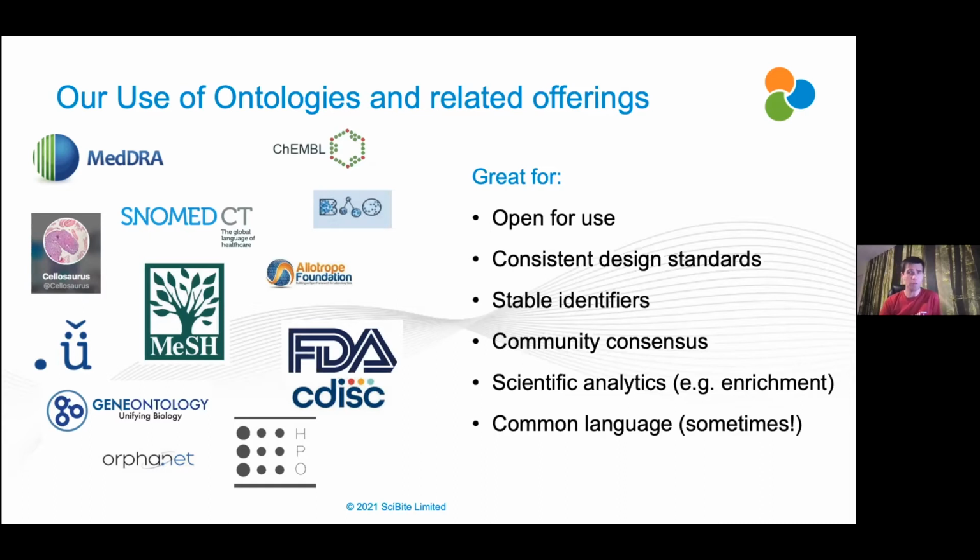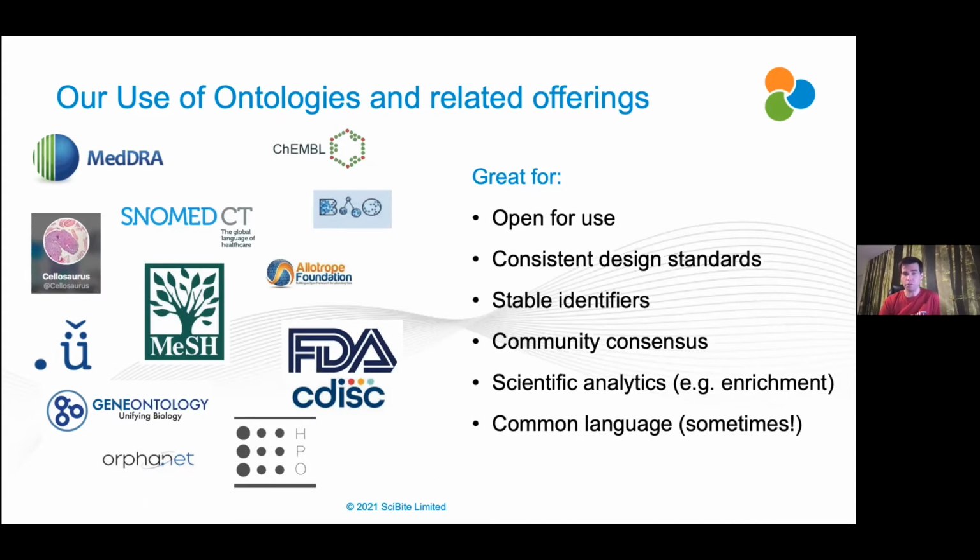So the O in OBO is very important, I think. That there's some consistent design standards in OBO Foundry. There's a consistent set across the ontologies. I think that's really important. And it's really nice to be able to plug in different ontologies and see how they all align. Even within ontologies that are not well connected to the OBO Foundry, like MeSH, for instance, they at least have some internal consistent standards. So at least there's some internal consistency there in how they represent things.